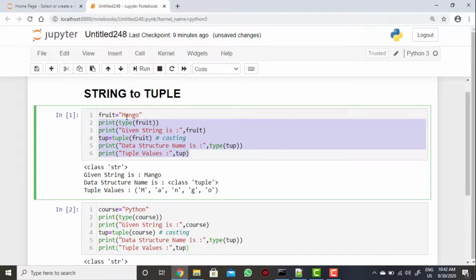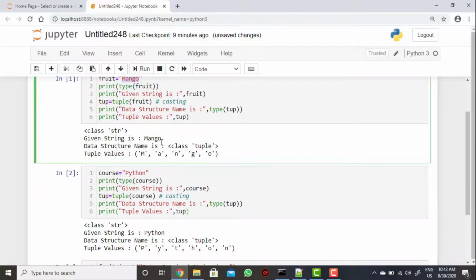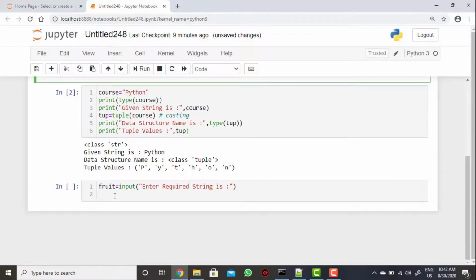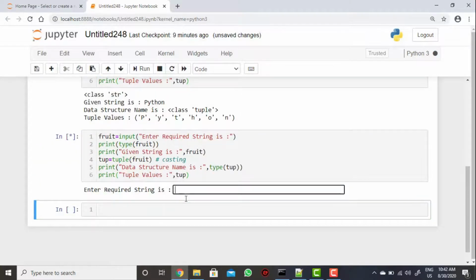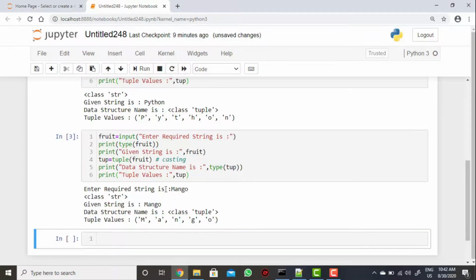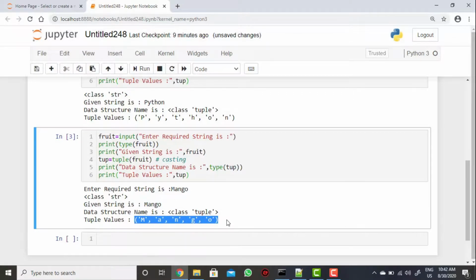So instead of hard coding, we can pass the values dynamically here. Once you execute, it will ask for the string name, and I am just taking mango. See now how it is converting into tuple.